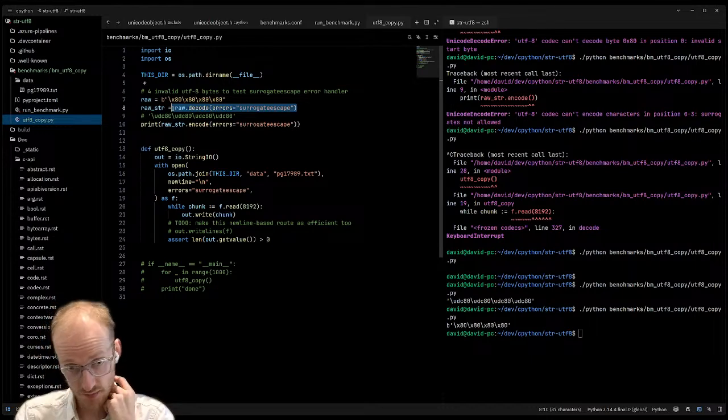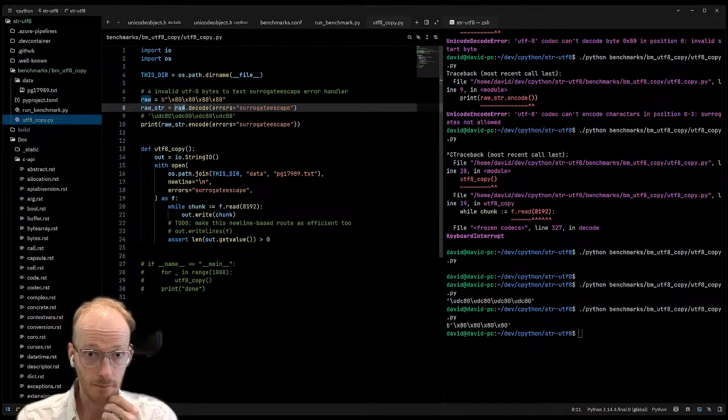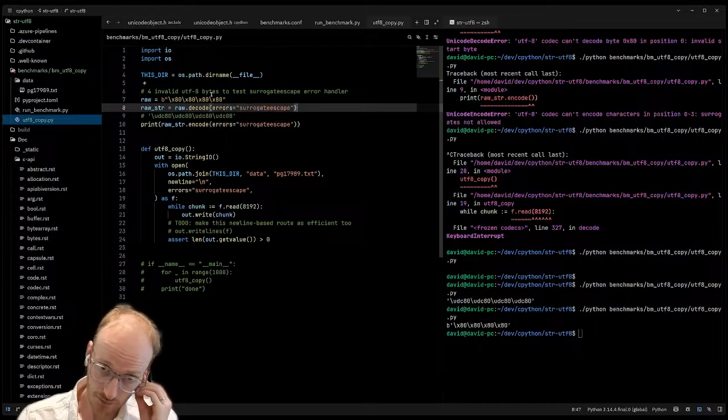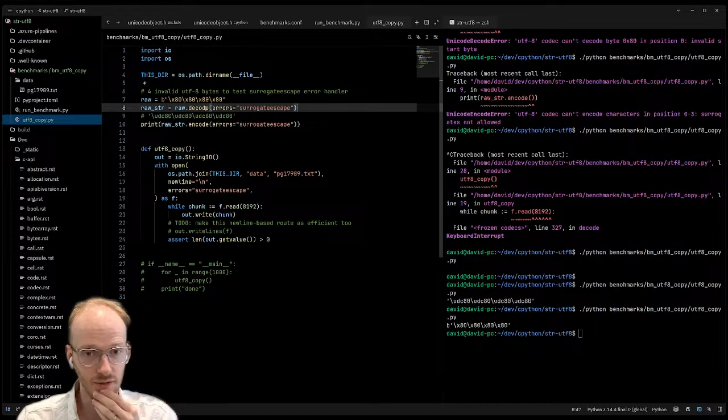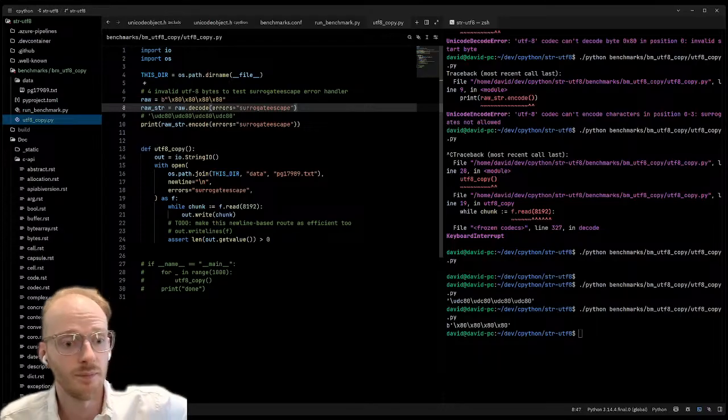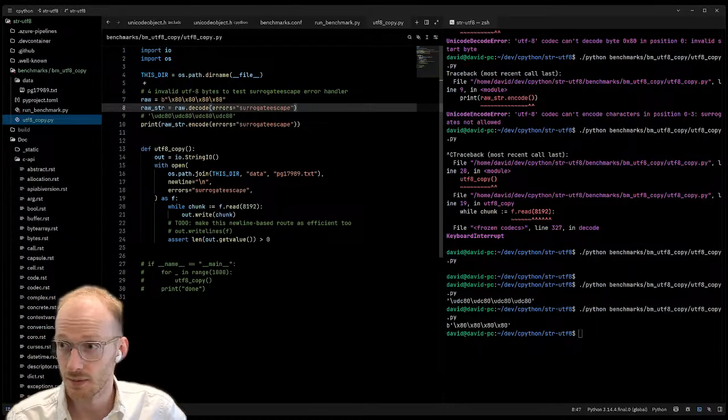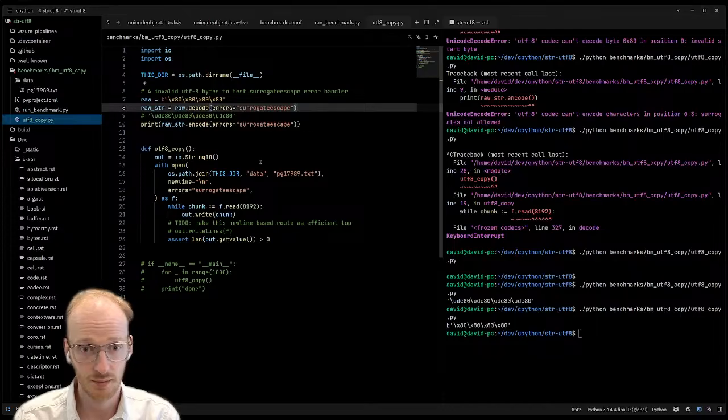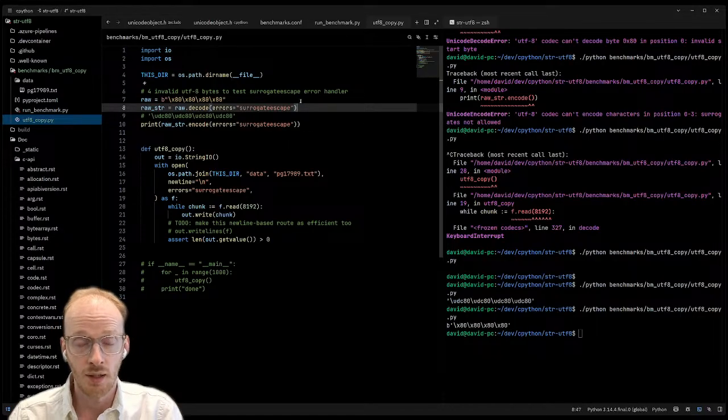But if we scan the string and get to the end, then we can just do the memcopy and mark the string as valid UTF-8. So we don't need to find out how long the characters should be.